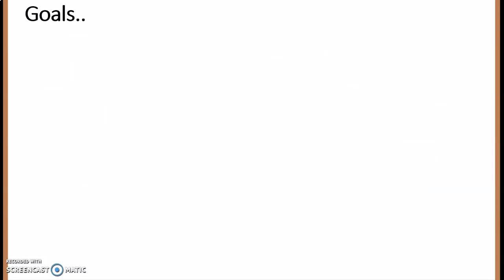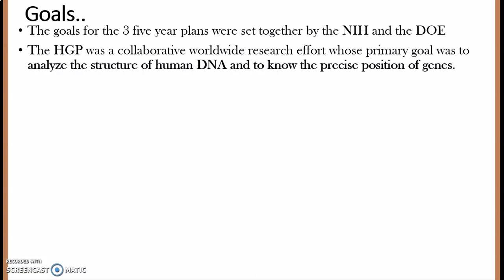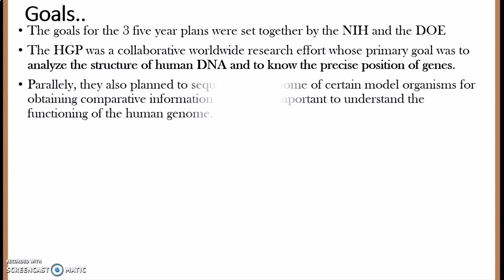Yeah, the goals of the Human Genome Project. So why we need to sequence the human genome? Why was there a need to actually sequence the human genome? So there were various goals, okay, and the 15 years divided into 3 5-year plans have their own separate goals, okay, and this was to analyze the structure of human DNA and to know the precise position of the gene, that is the A to Z nucleotide sequence, that is sequencing that we have to do, and also the genome mapping, the precise location, position of the gene to be analyzed, the relative locations of the gene to be analyzed, okay, their importance, all these things were actually the goals.